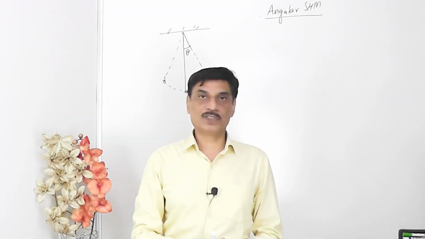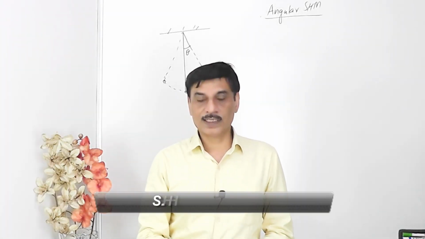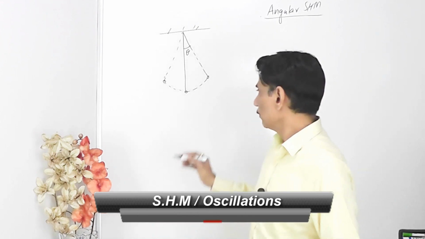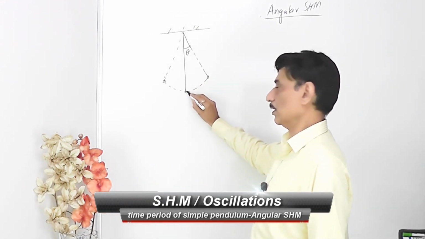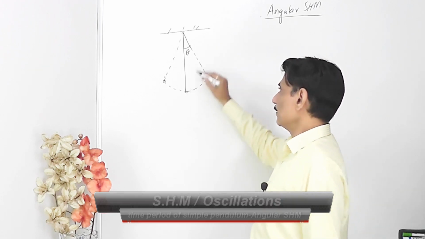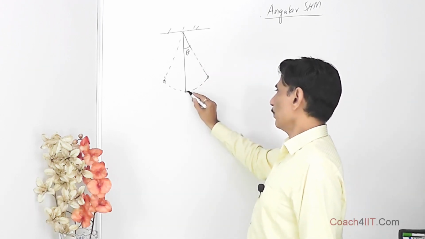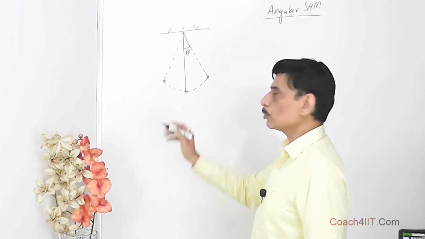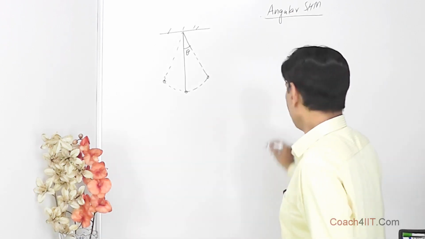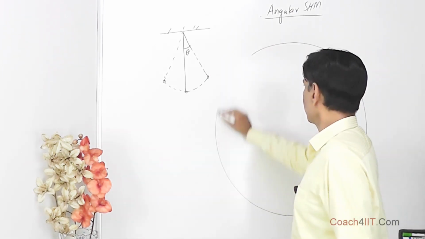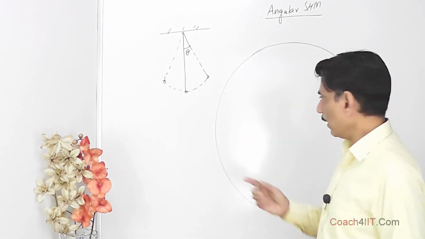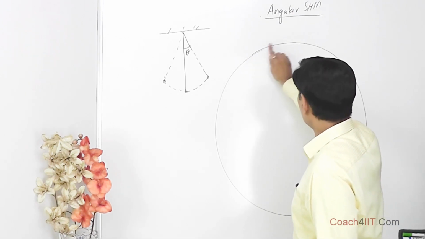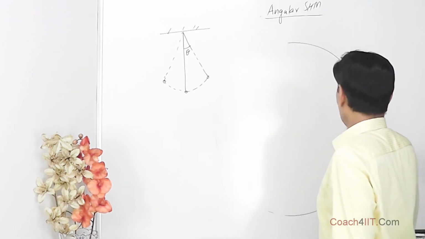Time period of a simple pendulum. Over there, we saw that this point mass had actually moved in an arc of a circle, but we said that this theta is very small, so eventually this arc almost becomes a straight line. If this is a big circle, if I show you this big circle, you will say that yes, there is a curvature. But if I remove all the things, if I remove all the points and I just show you